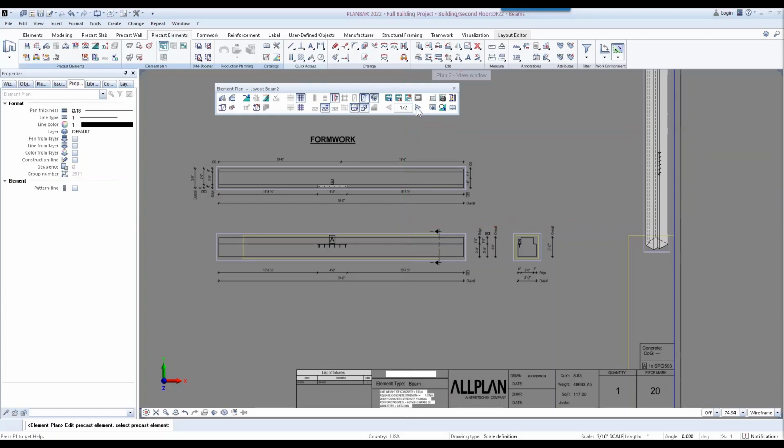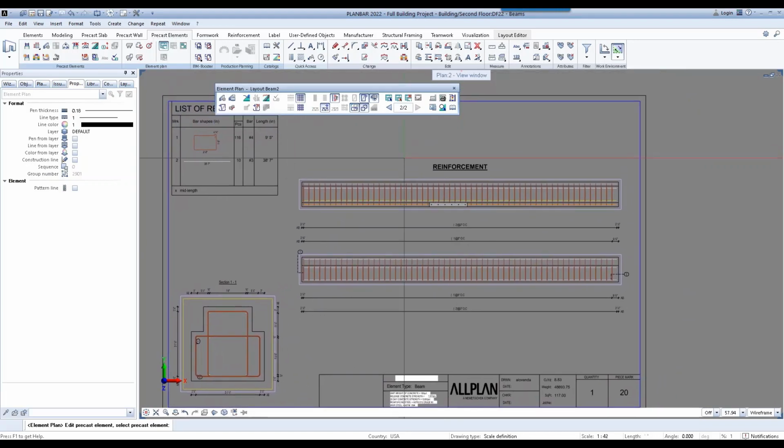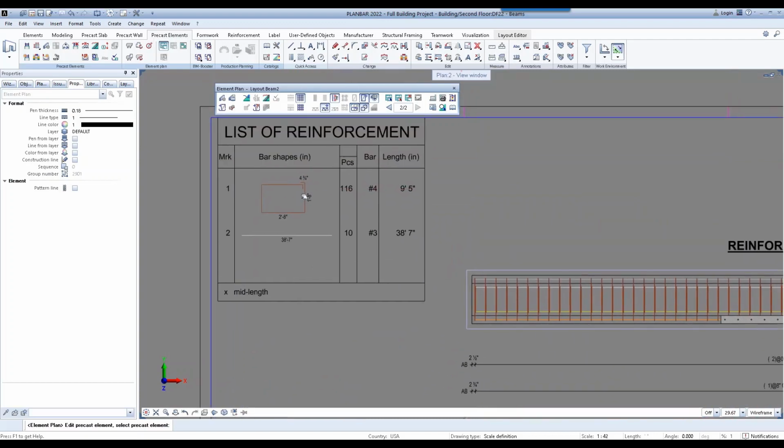If I go over to the reinforcing page, you can see that the reinforcing is really nice because not only do I have a plan showing the reinforcement, but right here I have a bar list coming in automatically.